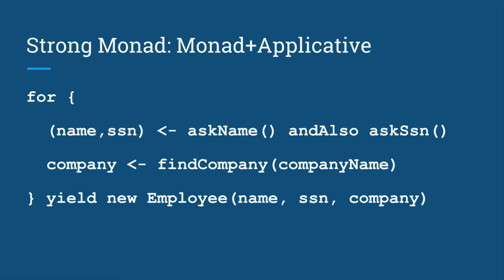That's how compilers work. A compiler that you run doesn't give you the first error and then fail, right? It shows you all possible errors because it works like this. And also, we try to do as much as possible. So we run these things in parallel, ask name and ask SSN, and we try to return both results. If we are successful, then the next, that's the monadic thing.